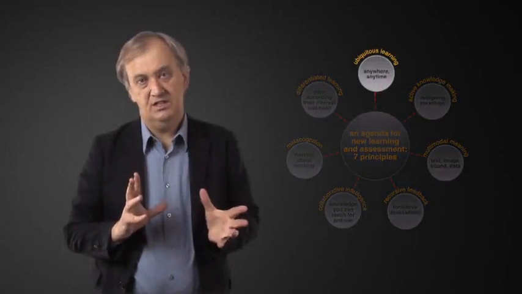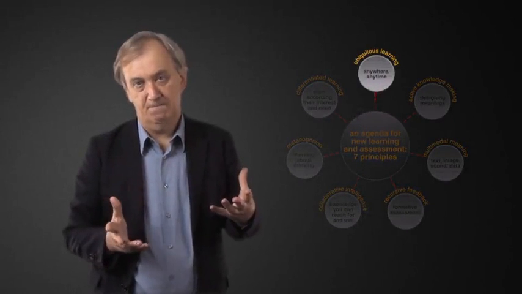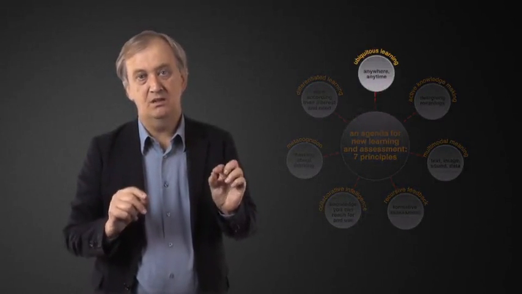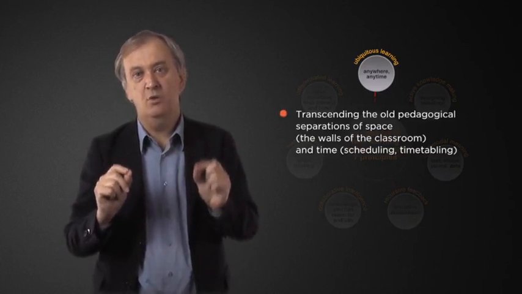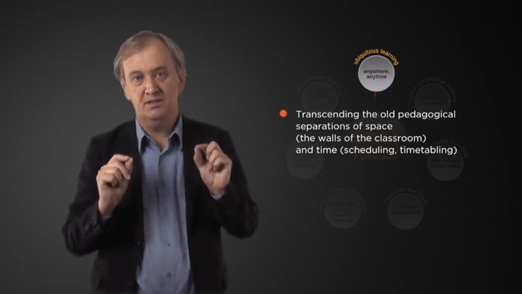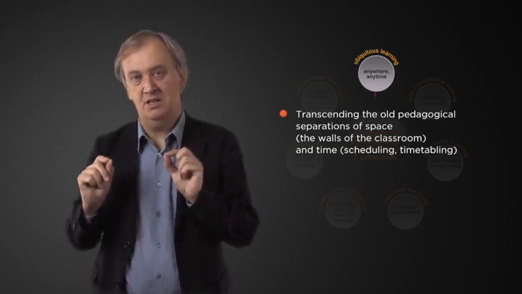So the first of these 7 things is ubiquitous learning. And by ubiquitous, we mean anywhere, anytime. And what I want to do is start off by contrasting that with traditional classroom setups, or what I would call didactic pedagogy. Okay, so the first thing about a traditional classroom is it has 2 forms of confinement going on, 2 forms of boundedness. Boundedness in space and boundedness in time.